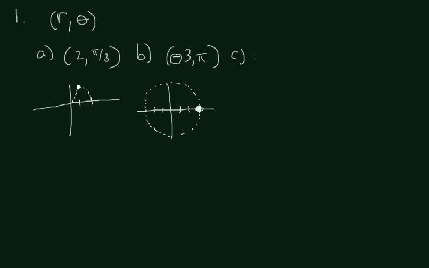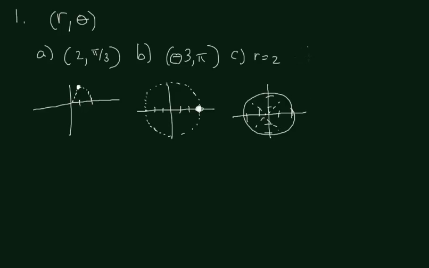Okay, in C we have r equals 2. So this says no matter what theta is, no matter what the angle is, r is always going to equal 2. So that's going to show up as a circle of radius 2. Horrible circle, but you get the idea. So for every theta,